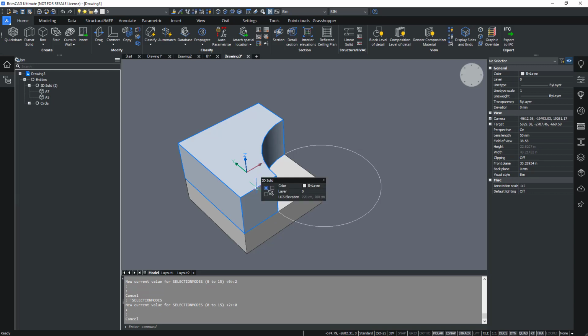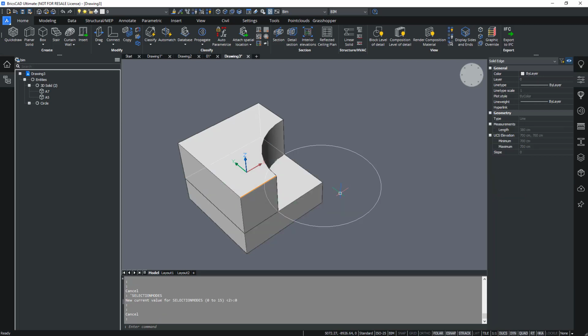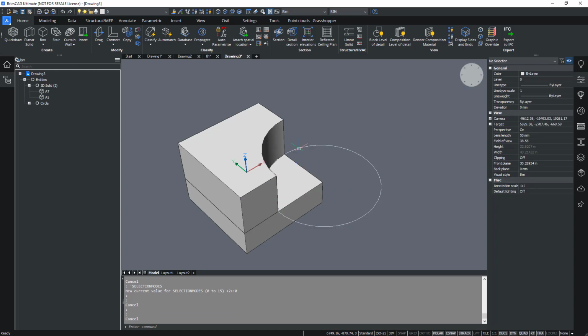For an edge, if none of the faces or edges is prioritized, you can still hover approximately in the area of the edge, and hold down Control, and then you will also be able to select the solid edge. The edge selects in green, and when it's selected, you will see in the properties panel that the edge is selected.